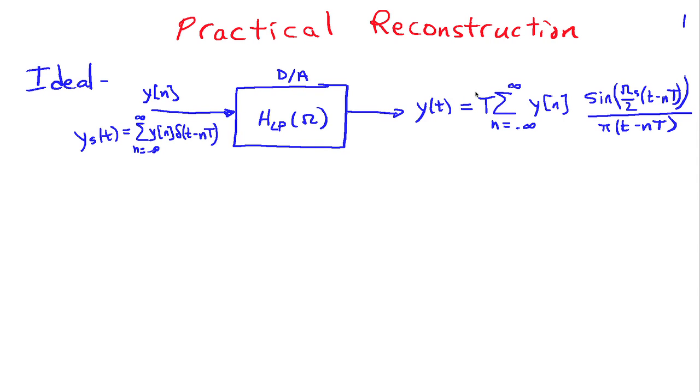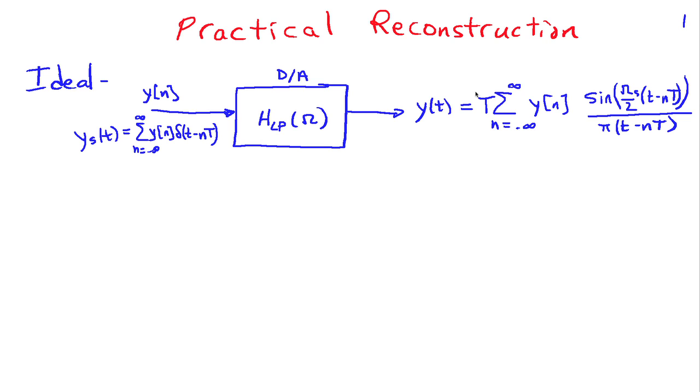Recall that reconstruction is the process of obtaining a continuous time signal from the samples of a signal. And we said that we could do that uniquely if we sampled the original continuous time signal at least twice the highest frequency that was present in the signal. When we analyzed sampling in the frequency domain, we saw that one way to do reconstruction, at least conceptually, was